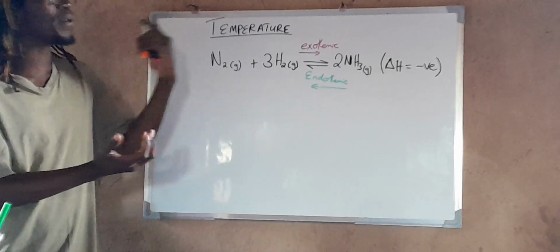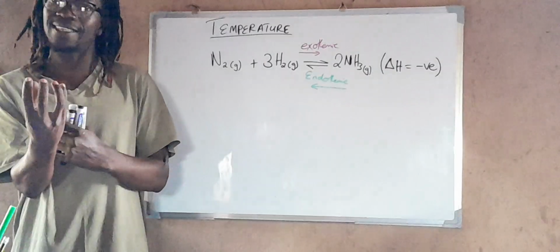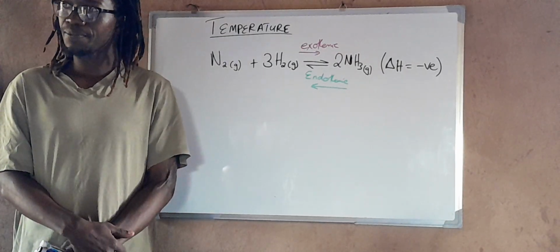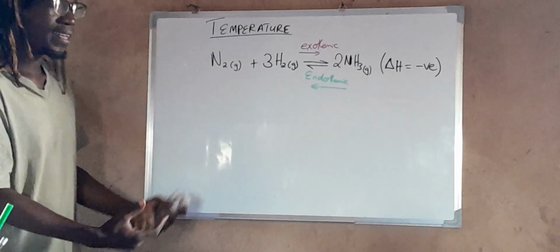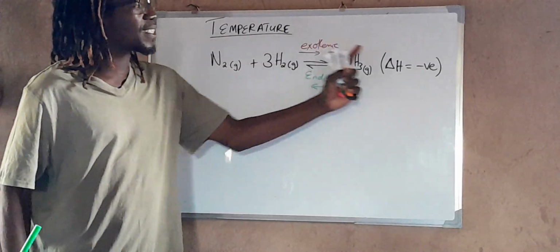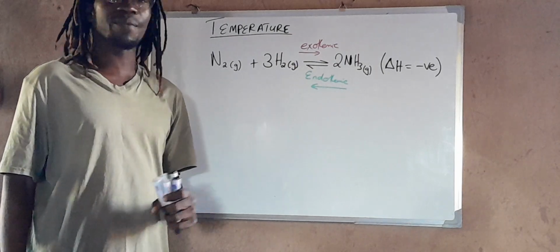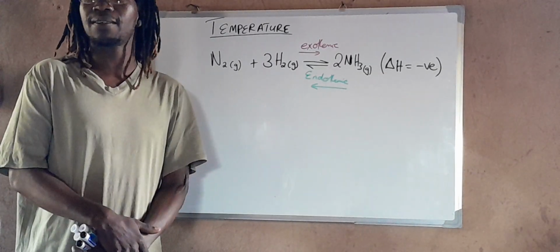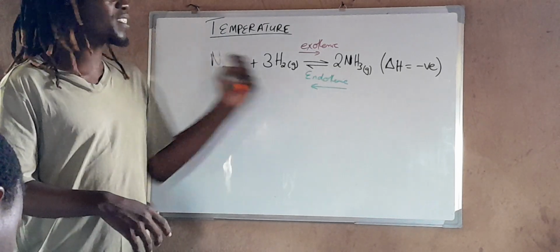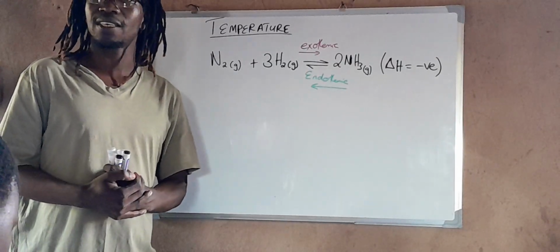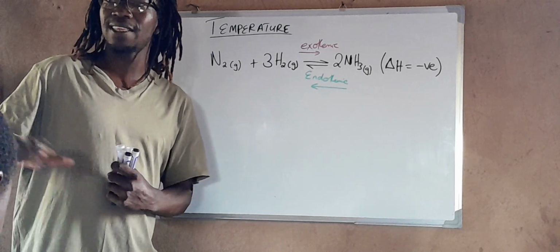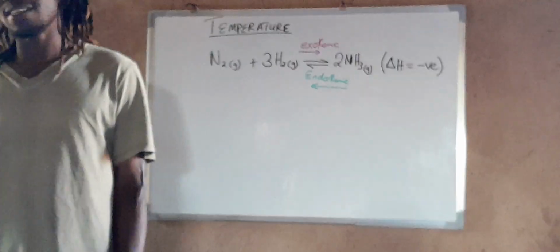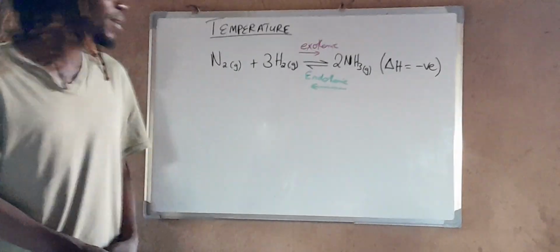So it means that it absorbs the energy, right? But once an exothermic reaction is happening, you feel the heat because it is releasing the heat, right? So I'm saying now, if the forward direction is exothermic, it means that it increases energy in the system, right? Yeah. And the reverse direction is endothermic. It means that it decreases energy in the system, right? So now we are going to try to explain this concept in terms of Le Chatelier,